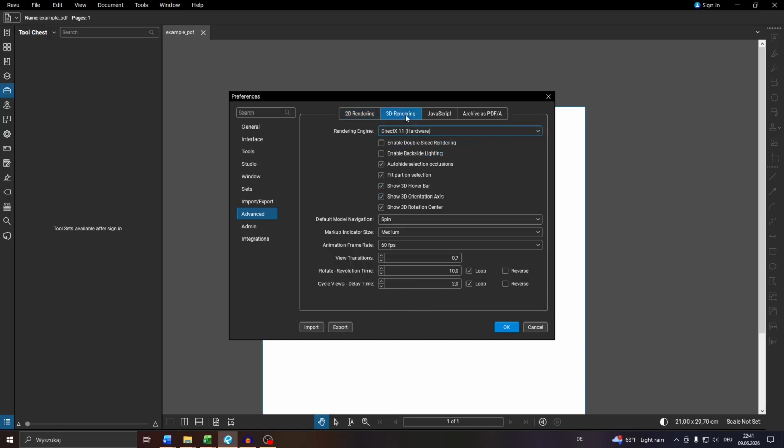You can do the same with the 3D rendering here, and for example choose a rendering engine like DirectX 11 or disable it, show 3D the rotation center or the hover bar, and so on and so forth guys. And once that's done, navigate to the animation frame rate, for example here, like 30 FPS, unlimited, 60 FPS, and